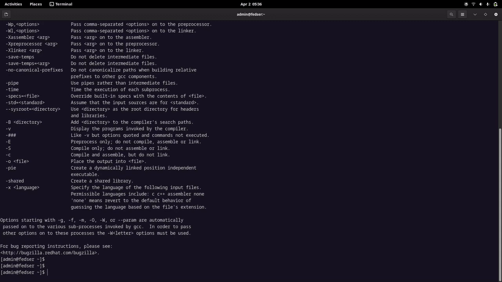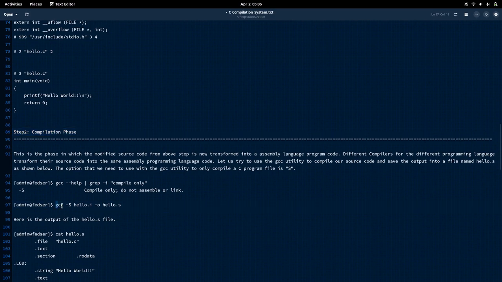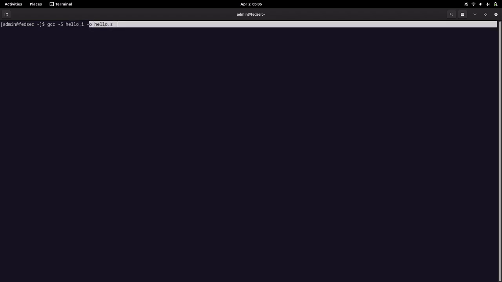So we will use that. We are going to compile our hello.i, which is basically a modified C program, and output that content into hello.s.